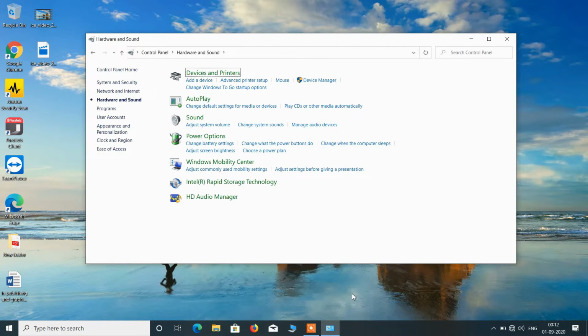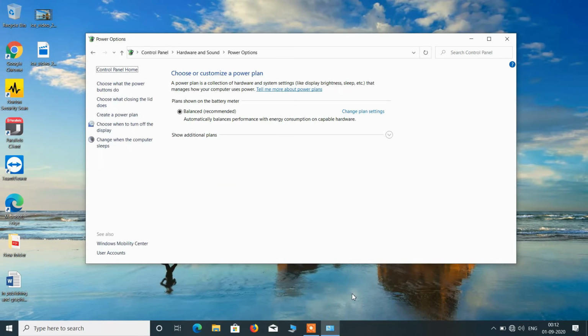Now keep on pressing the tab key until power options is selected. Now just hit enter to open the power options. So you can clearly see that the control panel home is selected by default on the left hand side.